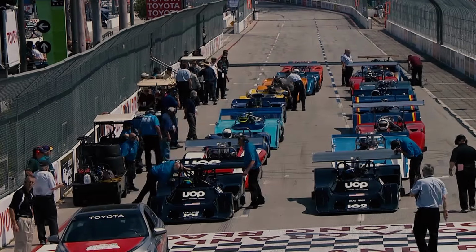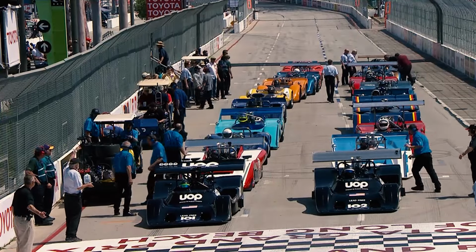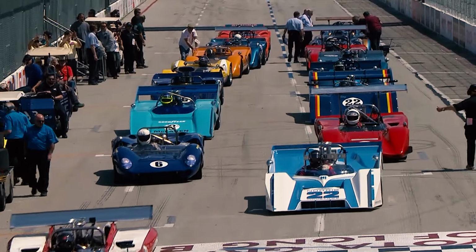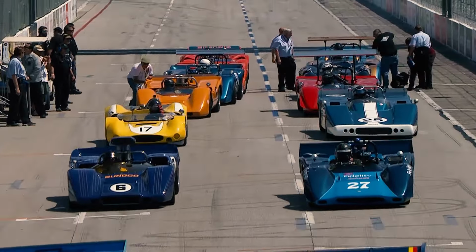And there is not a reproduction car out there. There's not a fake car out there. These are all genuine, real, and some of them are worth up to $3 million, dude. 3 mil. They're rolling. All right, Craig Bennett, pole sitter, leading him down towards turn number 1, followed by his